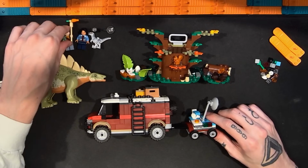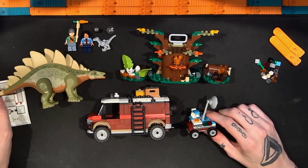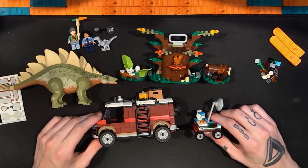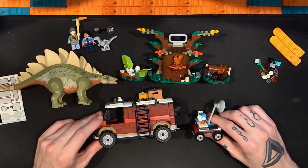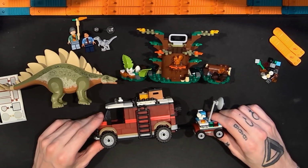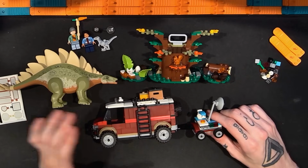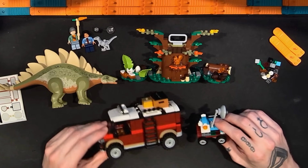We now know that they weren't that close to reptiles like that, but I'm still very used to seeing frogs of various colors and types used in various ways, hidden or used as something else in a Jurassic World set. And I know Lego designers do love to put frogs even in sets that aren't Jurassic World, but for some reason I thought in the Jurassic World, Jurassic Park stuff, the frogs were almost a guarantee, and